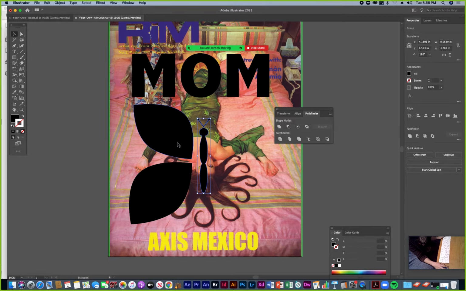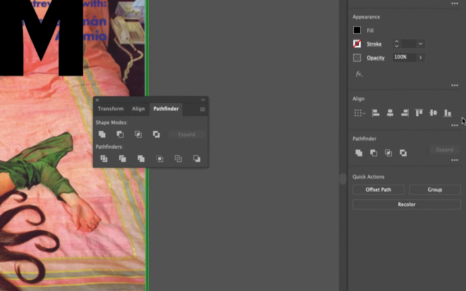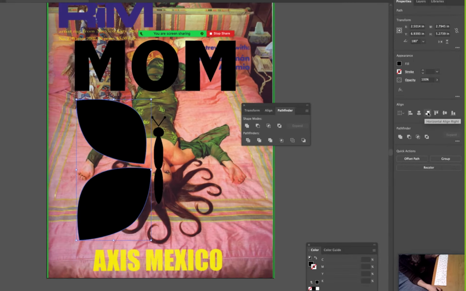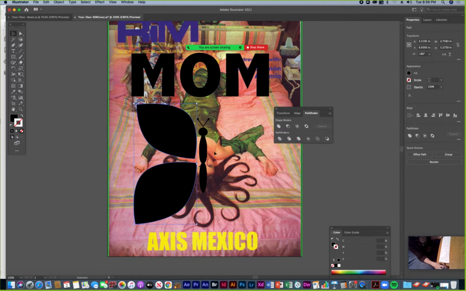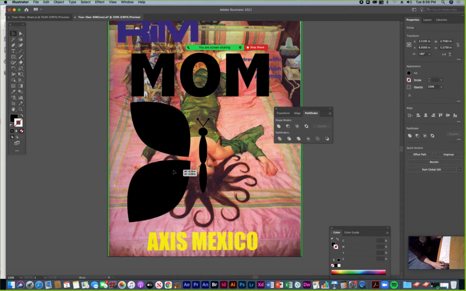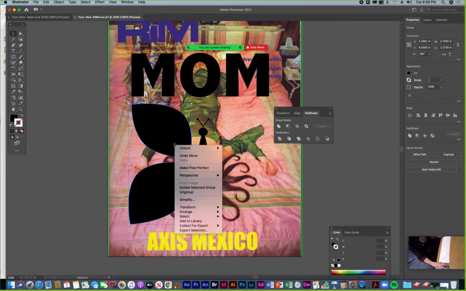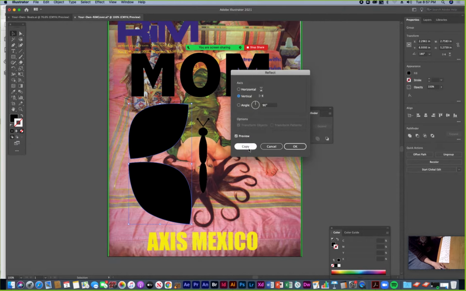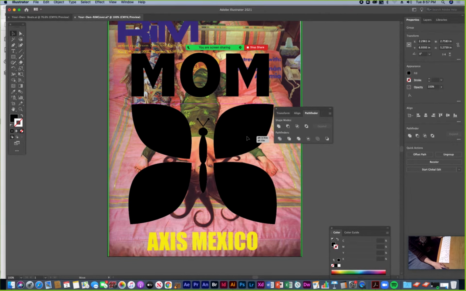So that's together. Let me just make sure these wings are aligned. If they're off like that, then I can always select them together and then use the align to the right to align them to the right. And then I can hit Command G to group this together, and I can right click this, transform, reflect, click copy. Then I've got another set of wings, and I can make sure that these are lined up together, like